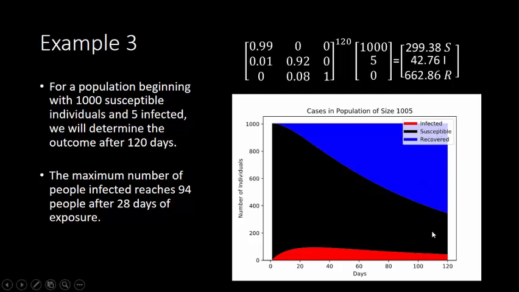So after 120 days, you can see that population that has reached immunity, a group that has never been infected, and a group that is perhaps still hospitalized if the infection